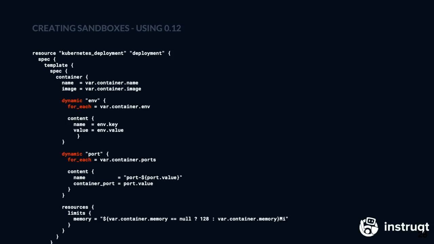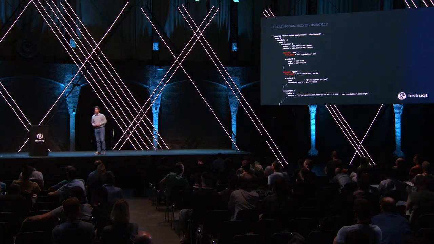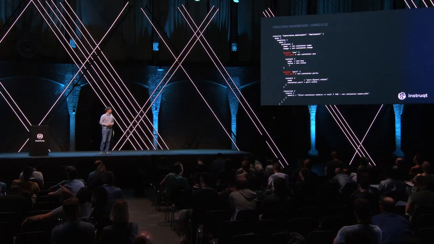So the good thing is we no longer need templating of our Terraform code, which is a big help in also validation of Terraform code. So we now can actually run Terraform validate. It will say sensible things rather than struggling with all the Golang templates, which is a nice benefit.